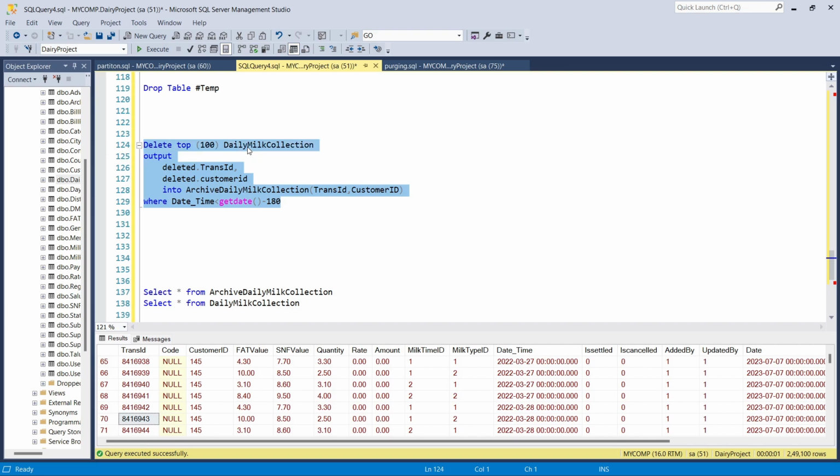DELETE TOP 100, whatever records we have to delete, from the daily mail collection, and OUTPUT whatever the deleted data is, INSERT INTO the archive table. This is the archive table. Correct. And the basis is the date. Data older than 180 days we are shifting from the daily mail collection to the archive daily mail collection, and deleted and inserted are the magic tables,